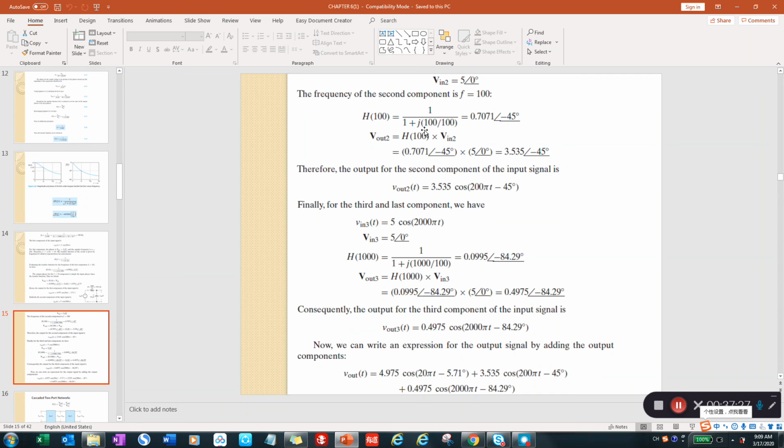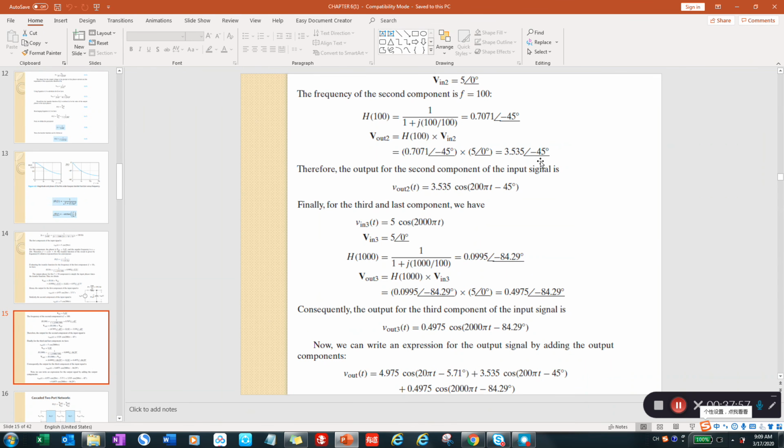Then based on our definition of the transfer function for the low-pass filter, we do the calculation, and we find that the transfer function for the second input component is 0.7 and the phase angle is negative 45. So the output component for the second input component will be